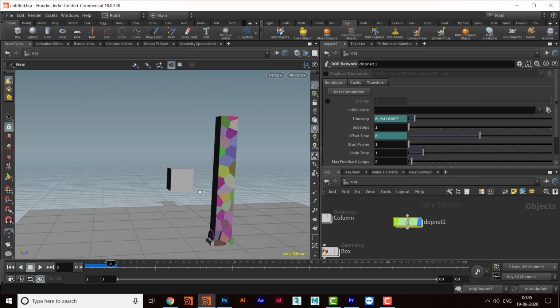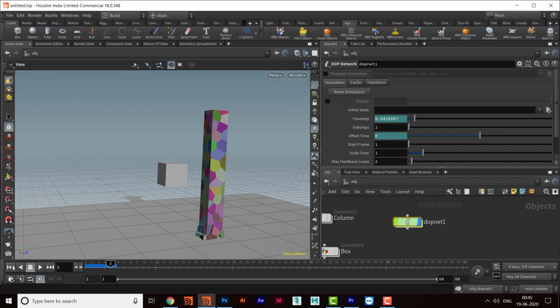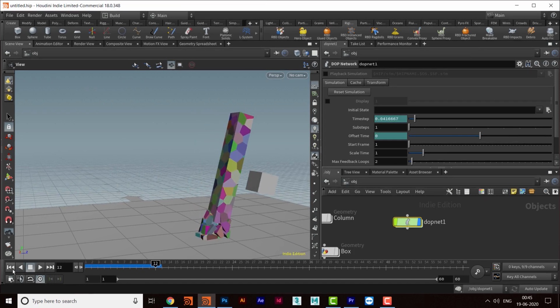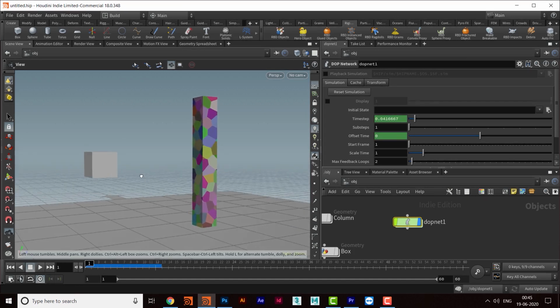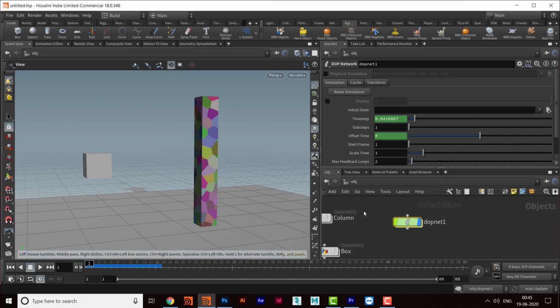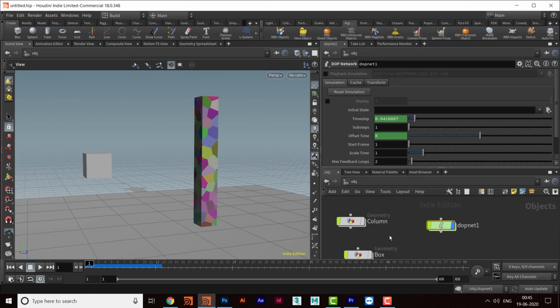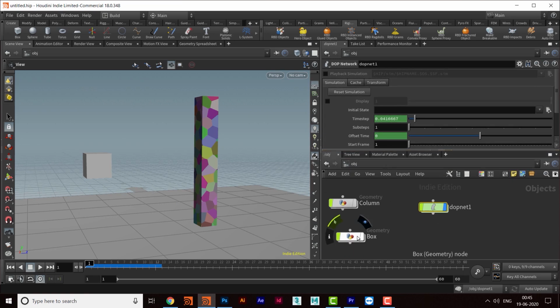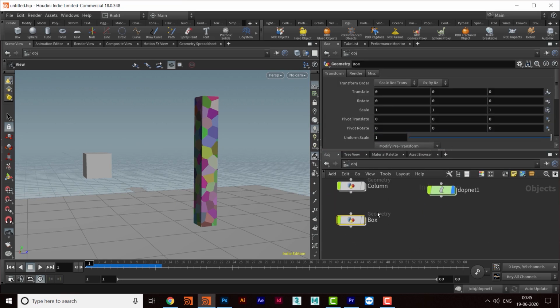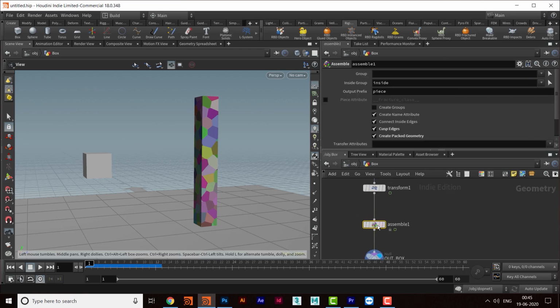Okay, why is it happening? One more thing I will do here. I will come here, this could be because of the name. So here I will come in the box and then go down, and then this piece is here.